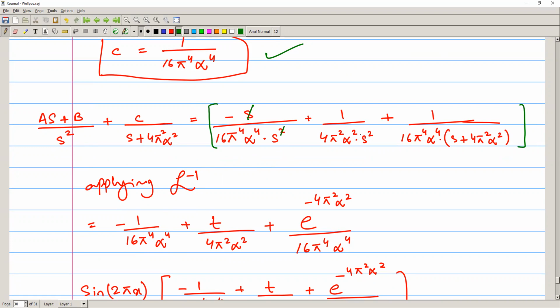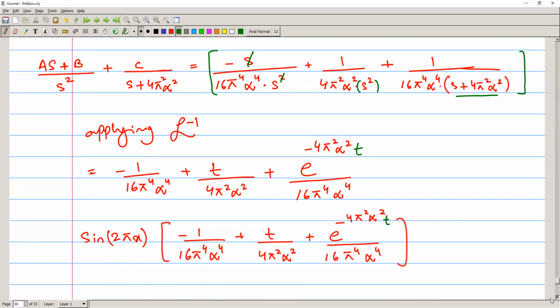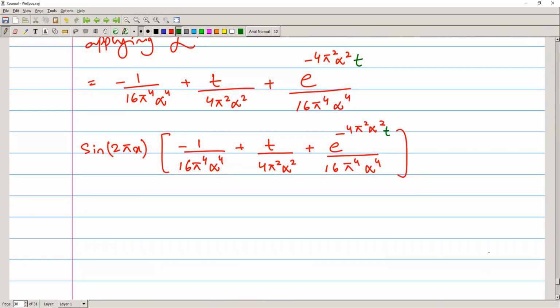And then here it's 1 over s squared, whose inverse is t, so it will be t over 4 pi square alpha square, and then the inverse of this function will be e raised to the power negative 4 pi square alpha square times t over 16 pi 4 alpha 4, right? So here it is t. Now this will be the